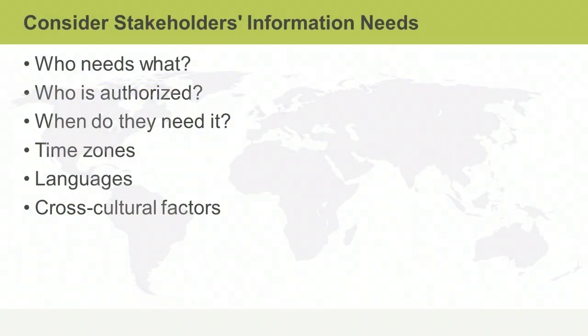Failing to consider the specific information needs of stakeholders and the project can limit the effectiveness and efficiency of project communications. When planning your approach to project communications, consider who needs what information, who's authorized to access what information, when stakeholders will need the information, and how information will be formatted, stored, and retrieved. Other factors, such as time zones, languages, and cross-cultural factors, may also exist and need to be accounted for in